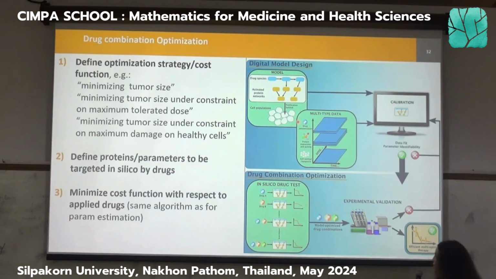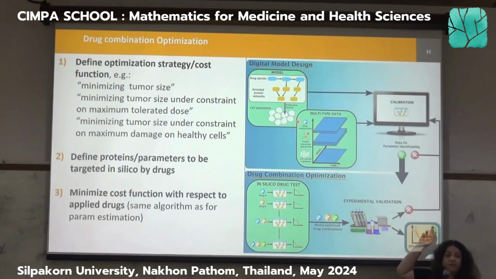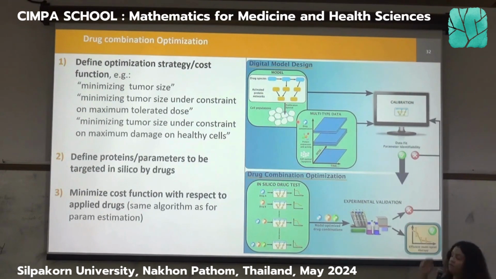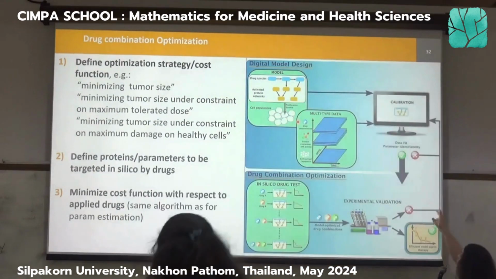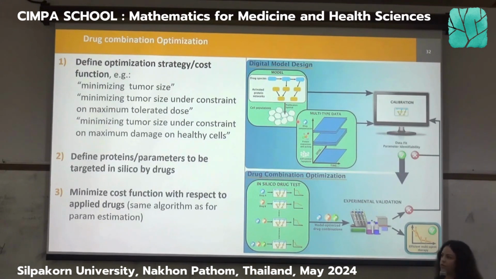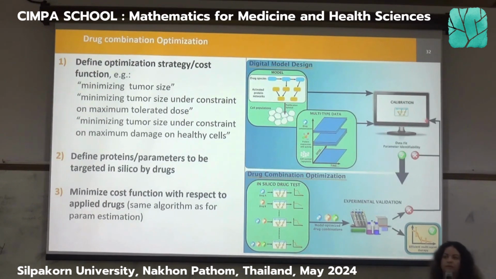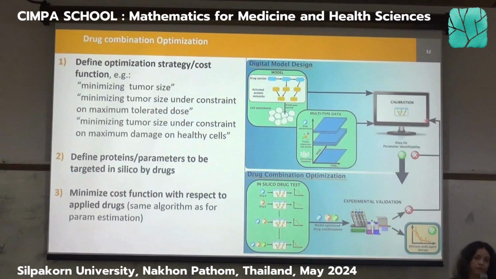On the opposite, if the experiment shows that your drug combination is not effective or not effective enough, then you have to question yourself. So why is it not effective enough? Where is the problem? Then you have to go back. So it can either be a problem at the level of the model design, or at the level of the parameters. So in any case, you will need either to change your equations or your parameter values.